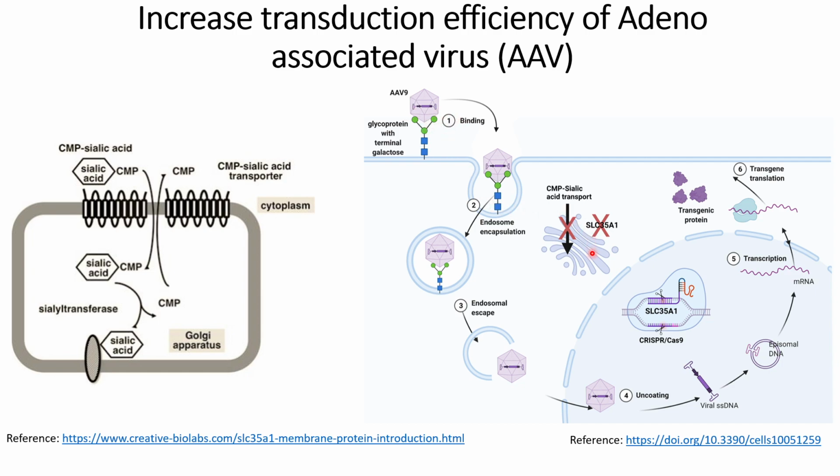So before going directly into the topic, let us understand how these sialic acids are formed. In order to form sialic acids, it needs this compound, CMP sialic acid, and the CMP sialic acid goes inside the cells using the transporter known as SLC35A1. When it reaches inside the cells, the sialic acid and CMP are separated. That is, sialic acid is attached to these carbohydrate structures, and this CMP will then